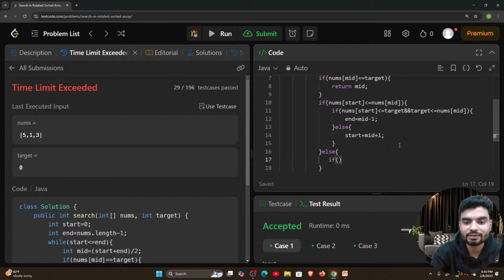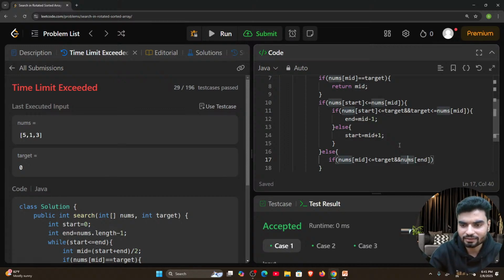If mid is less than or equal to target, and the target is less than nums[end],